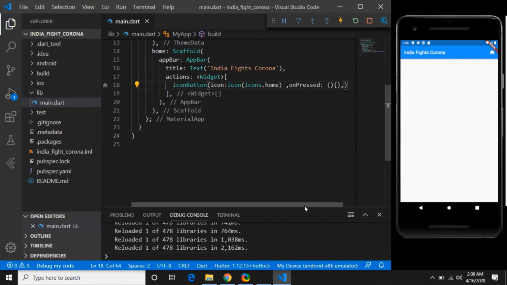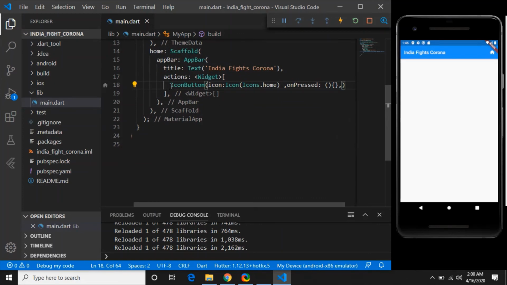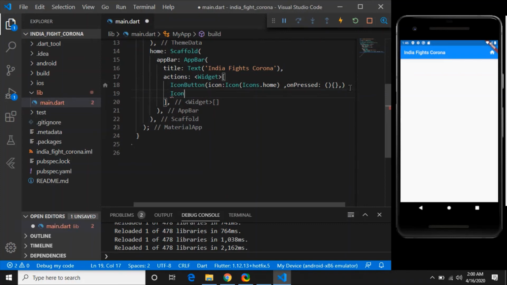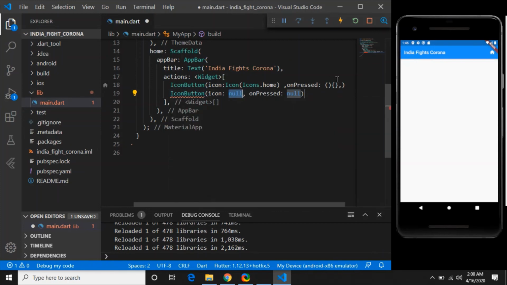Next I will add one more button. At the end of the icon button, I have to give a comma, otherwise it will throw an error. Look, this error is there, and I want there to be a comma so that the error disappears.